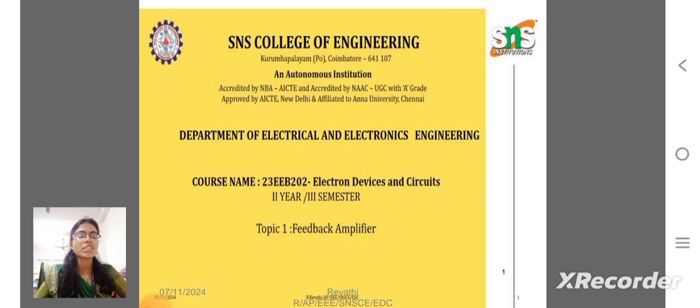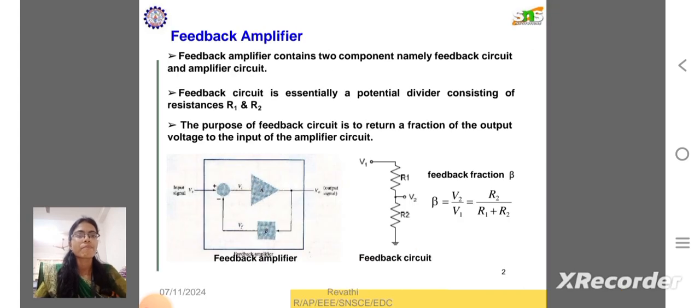In this lecture series video of electron devices and circuits, today's topic is feedback amplifier. So, a feedback amplifier contains two components, namely the feedback circuit and the amplifier circuit, where the feedback circuit is essentially a potential divider consisting of resistances R1 and R2. The purpose of the feedback circuit is to return a fraction of the output voltage to the input of the amplifier